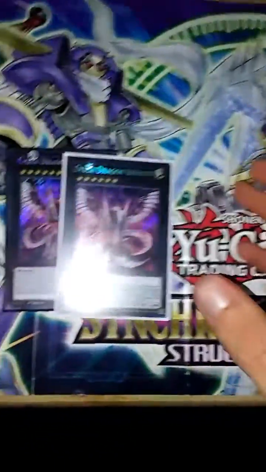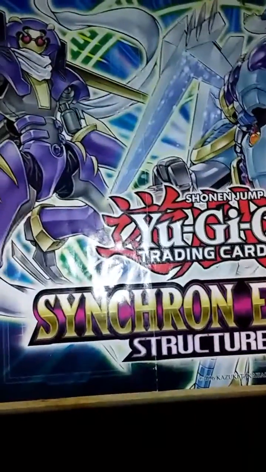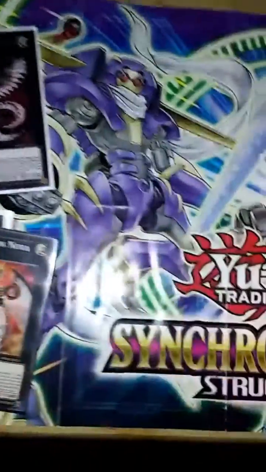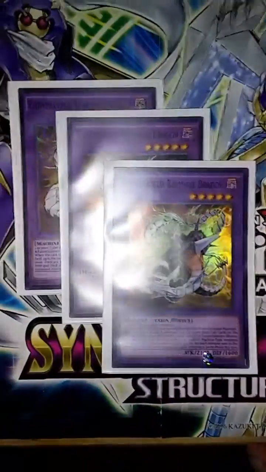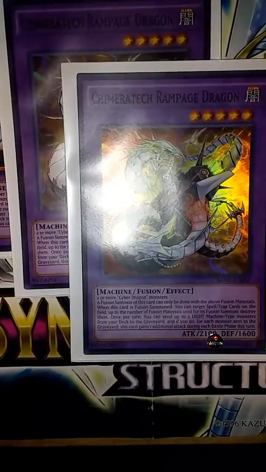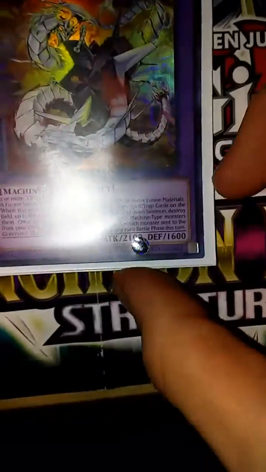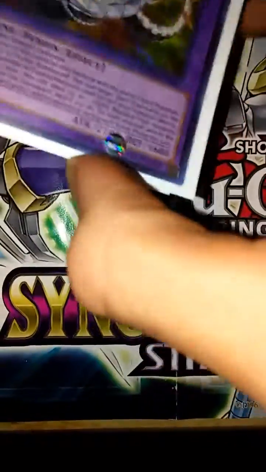Obviously, 2 Infanti, very self-explanatory, best card. And then 2 Nova, also very self-explanatory, to get Infanti on the field. And then I got 3 Rampage Dragon because he's very good. Okay, you can see the effect right there. So that, plus he's a good instant fusion or